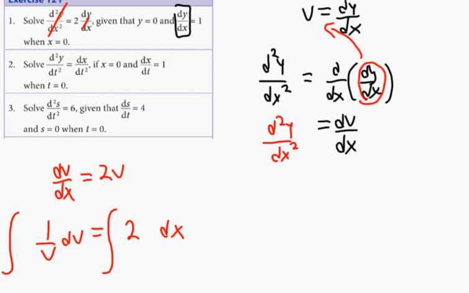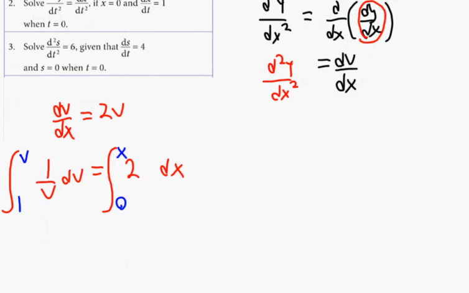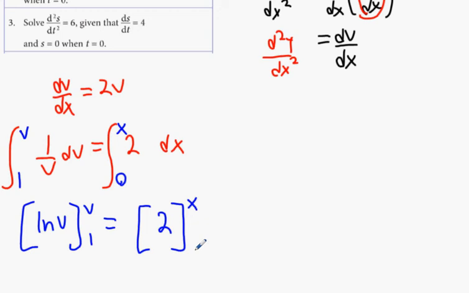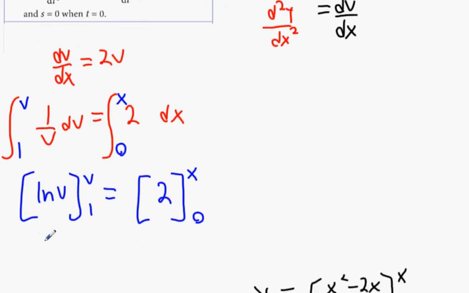When v equals 1, x equals 0. And then we put in the letters on the top. No problem there, okay? So we're going to get ln v, between v and 1, equals 2 times x from x to 0. This is going to be ln v minus ln 1 equals